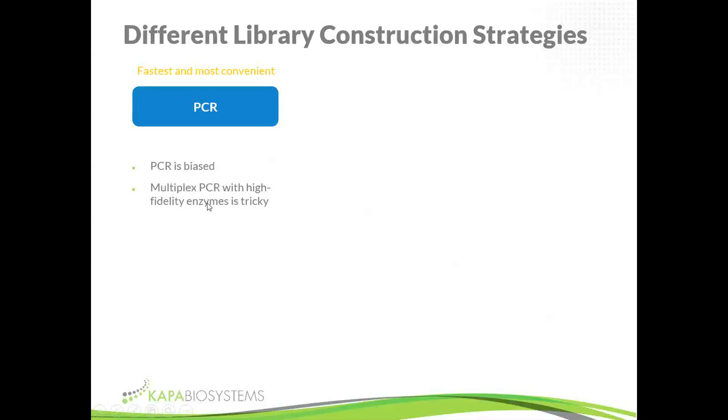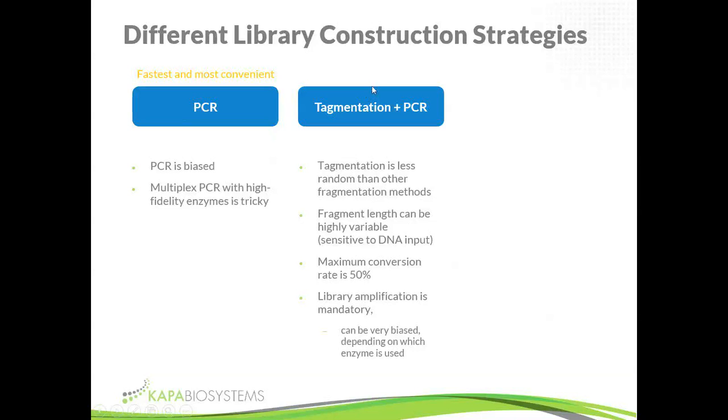Next, in terms of speed and convenience, is fragmentation. Again, you don't need any specialist equipment. The fragmentation happens at the same time as the start of library construction. But fragmentation does have some serious setbacks. It is less random than other fragmentation methods. Fragment length can be really variable with fragmentation, so most fragmentation-based kits are very sensitive to input DNA. And if you get that input DNA a little wrong, then you end up with a very, very broad library